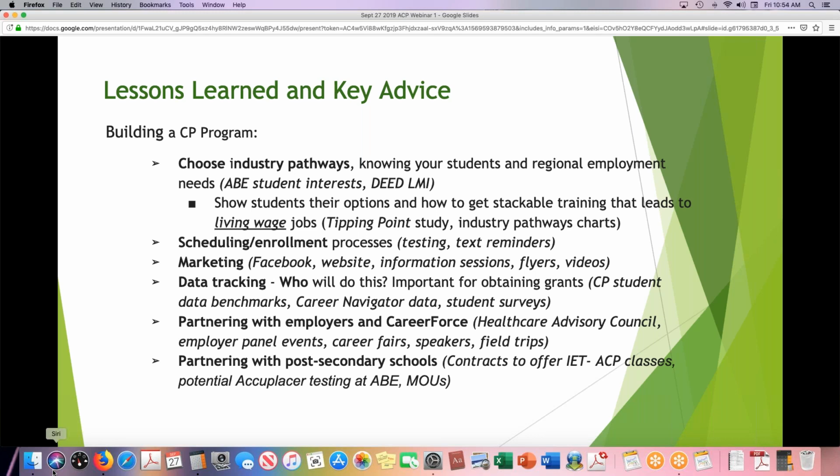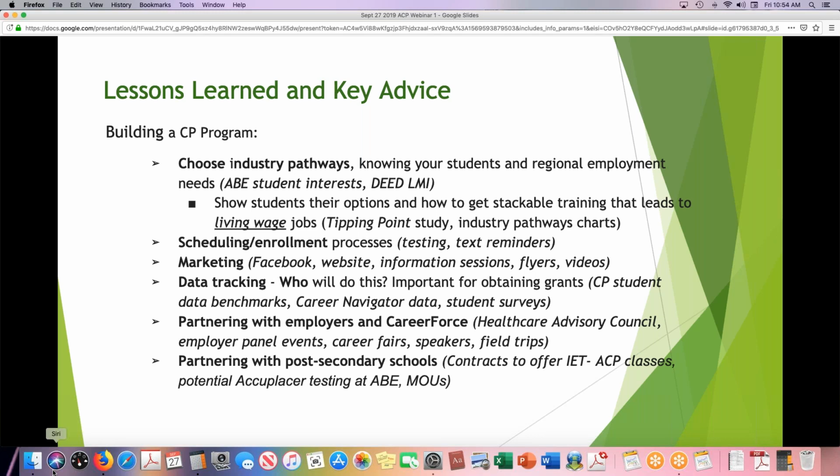And it does cover all of Minnesota. So that was very helpful from DEED to put together that PowerPoint. So if you're from anywhere in Minnesota and you want to start healthcare, I encourage you to look at that. It's been very helpful to get more information.